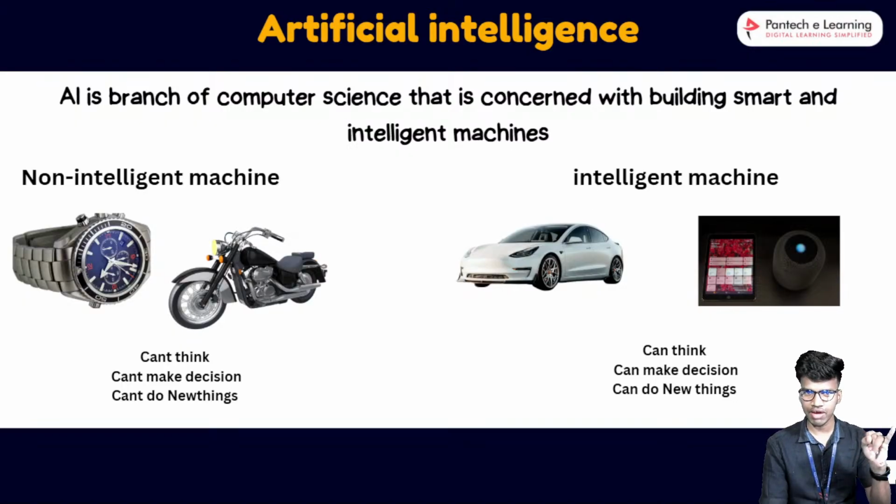So first thing, they have to think about what to do. Then they make a decision. Then finally they do that particular thing. So first they think about the process, then they take the decision, finally they do the decision. Okay, that is the way the car and Alexa and Siri assistants are working. This is the difference between non-intelligent and intelligent machines.